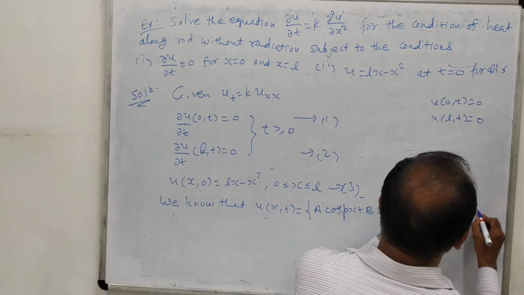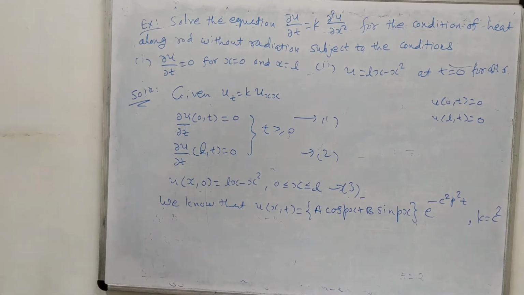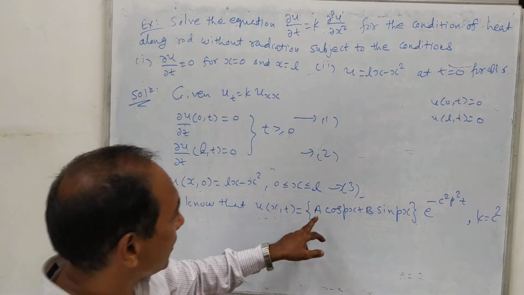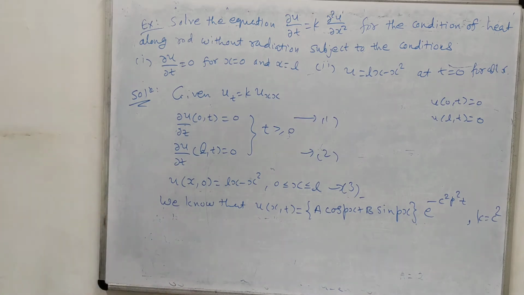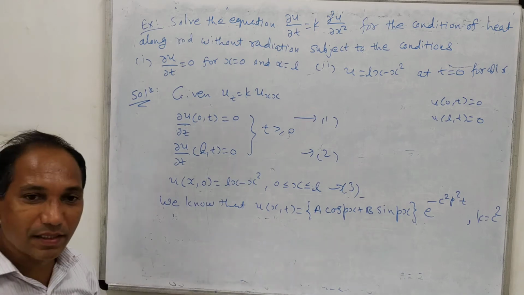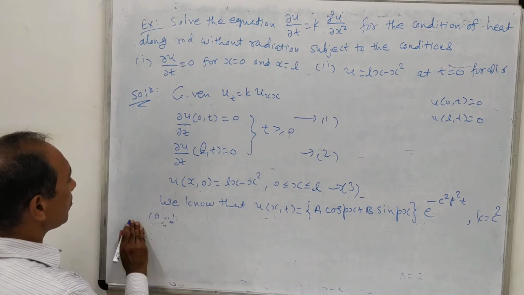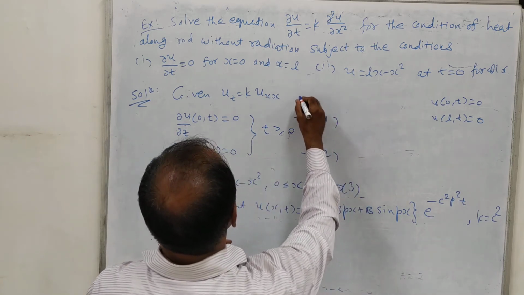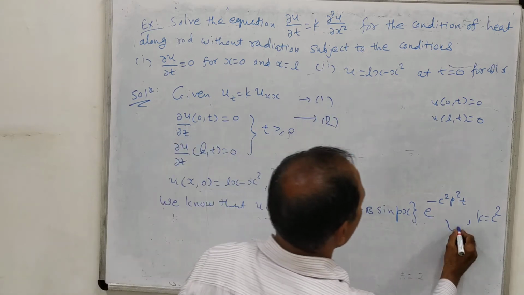Here we have used c square, that means we will write down k equal to c square, because by comparing to the theoretical part, c square equal to k. This solution we derived before applying the conditions, because after applying the conditions we obtained the values of a, b and p by using the three conditions. Here the conditions are slightly different, so we apply the conditions one by one. We give this as equation number 5.